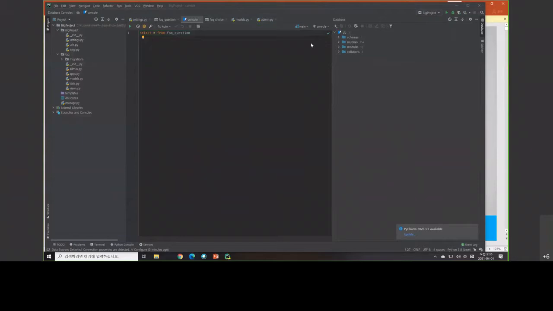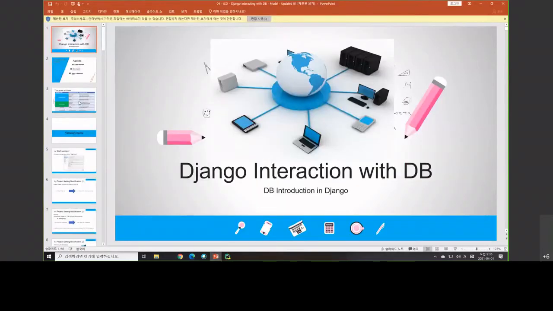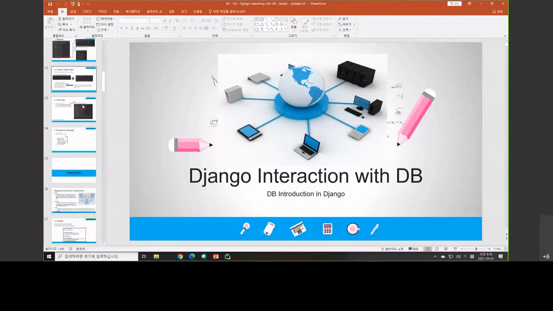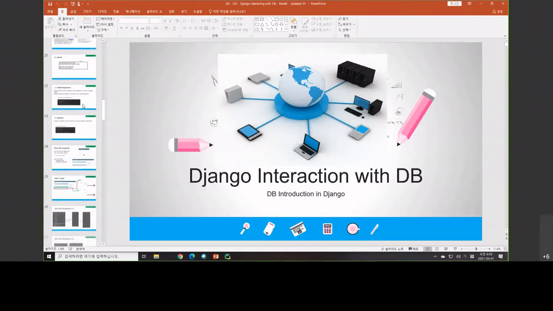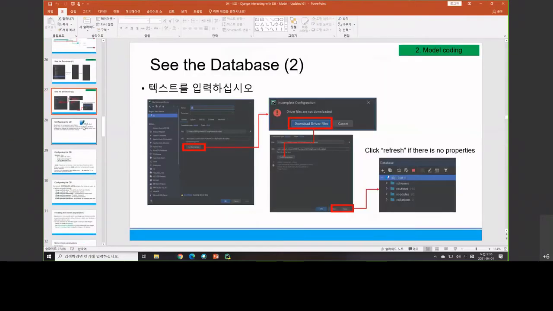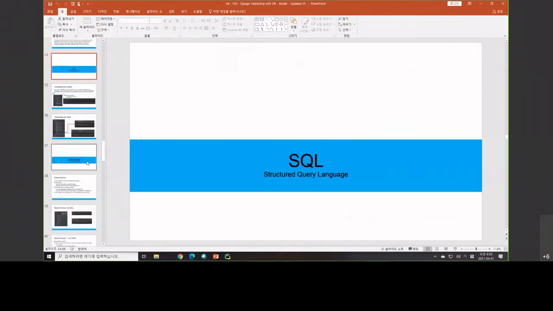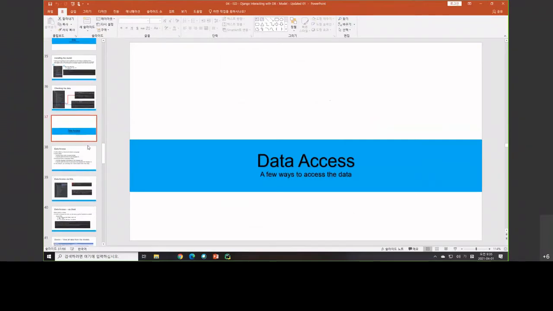Sorry. Last time we finished the section about configuring the data, up until we finished with the SQL things, okay? And we want to access the data. Oh, by the way,